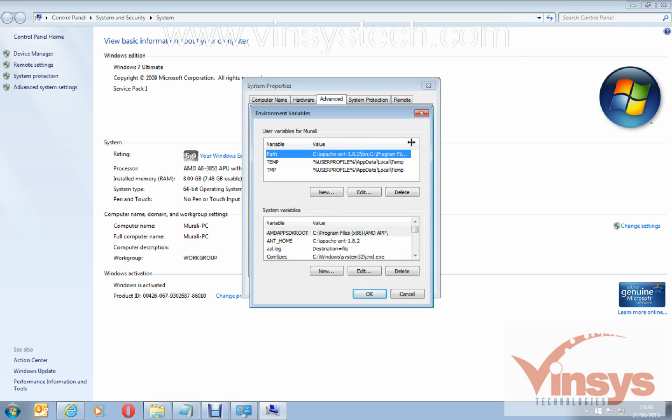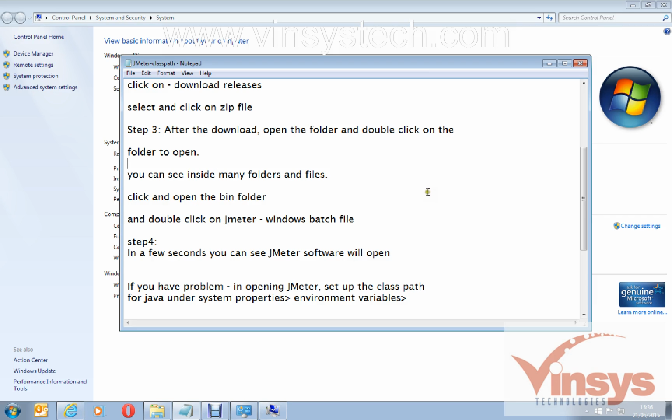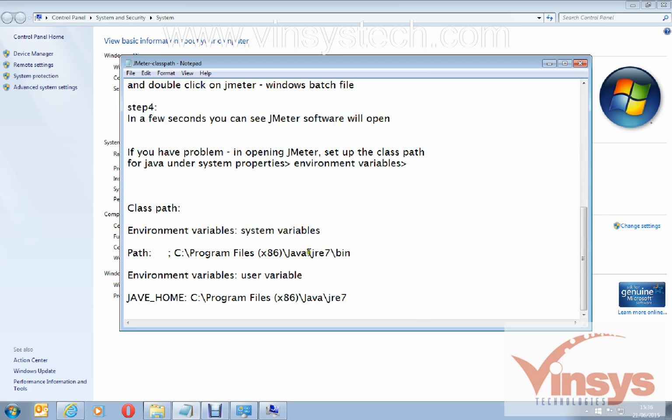Under environment variables, you have to set up a path like this. JAVA_HOME, and give the path up to the folder like JRE and bin. JAVA_HOME, and the C drive program files whatever, and give the folder up to here like this.